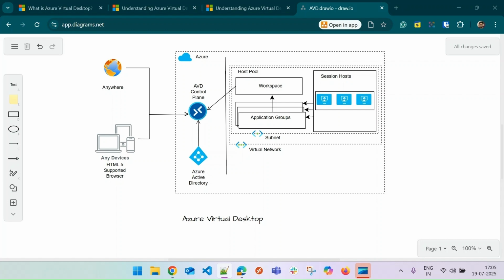Now let's go through this diagram and try to understand how it works. As I said, there is the internet, or you are sitting anywhere in the world and you have a particular device, which is a desktop, laptop, or a tablet, and you open a particular URL. I'll show you what URL it is, but it's a public URL given by Microsoft, which you open, and it gives you an interface,